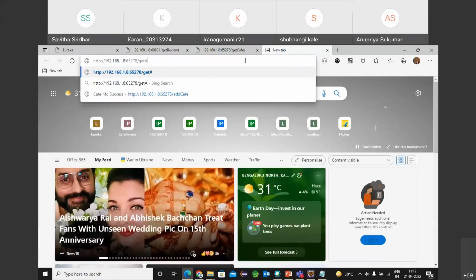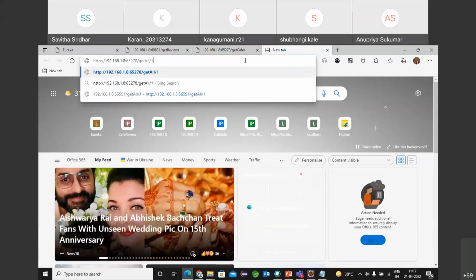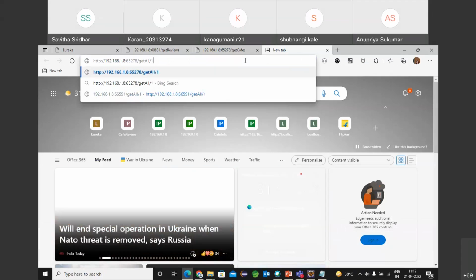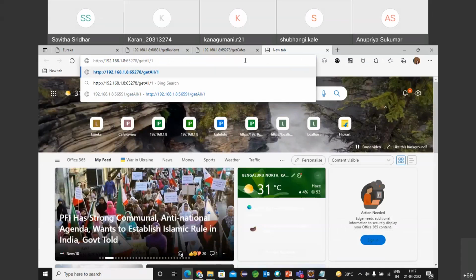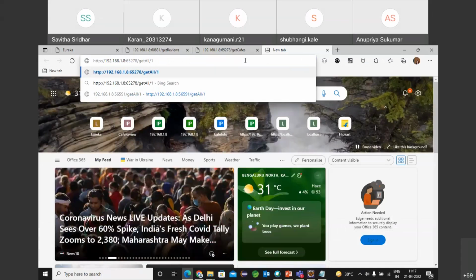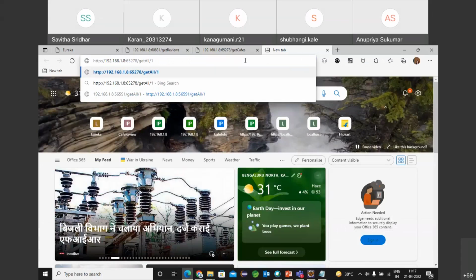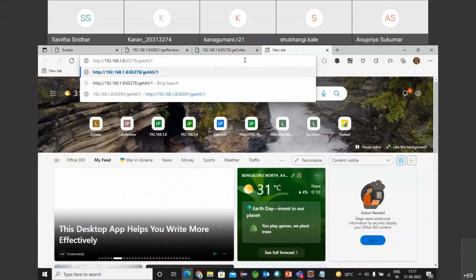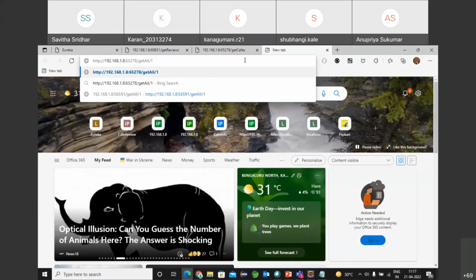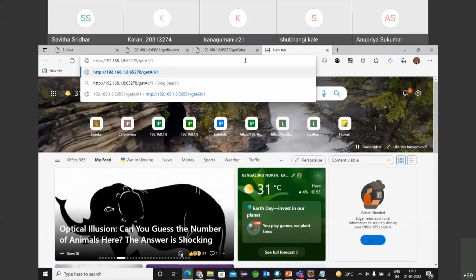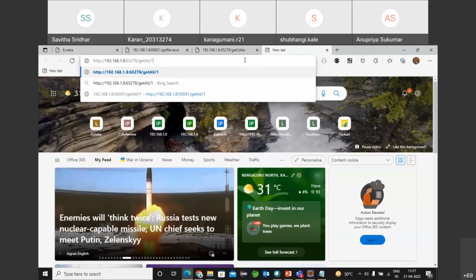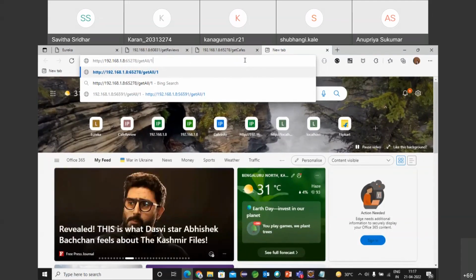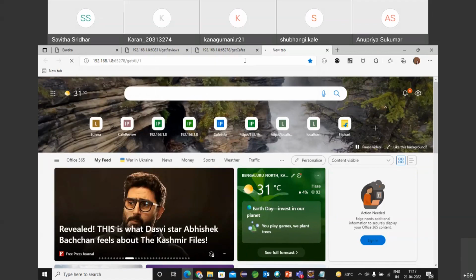And in get all method, I'm passing cafe ID 1. Any guesses according to what changes I have done? What should happen now? Get all method should be able to show the cafe detail, but what about the review details? Will it be able to pick up the review details? No, right? Because in the review detail, I've made the change as though I'm talking to another URL to get the data, but we know that another URL is failing in our case. Yeah. So when I try to hit this,